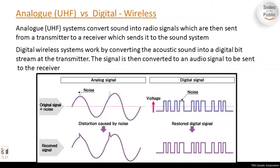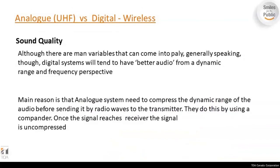The digital wireless systems are a little bit different. They work by converting acoustic sounds into a digital bit stream at the transmitter, and the signal's converted to audio on the receiver. Digital wireless is becoming much more popular now, simply because it's a more reliable and dedicated connection, but you have to consider when purchasing a digital microphone, the digital to audio converter. Cheaper microphones are going to have cheaper digital to audio converters, and then you're going to lose sound quality,